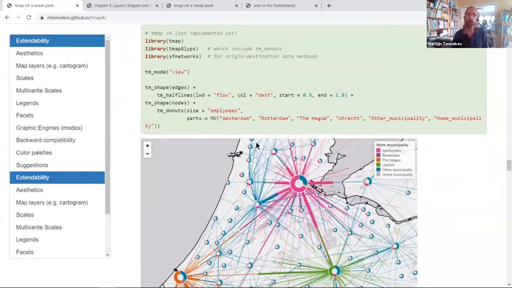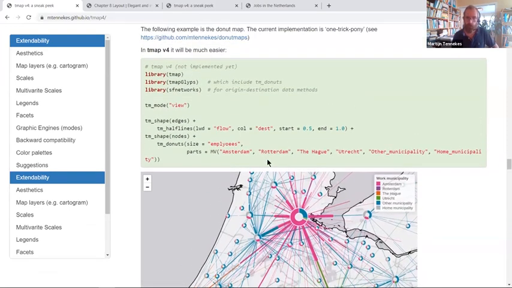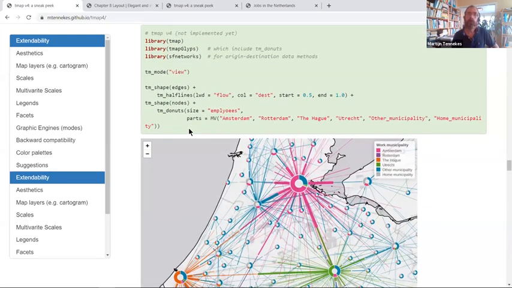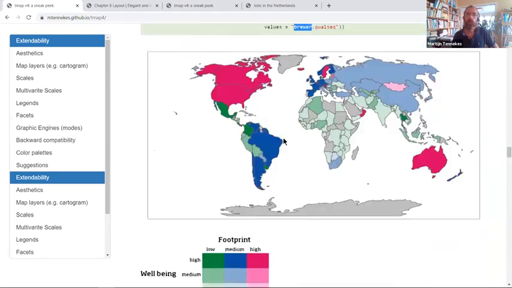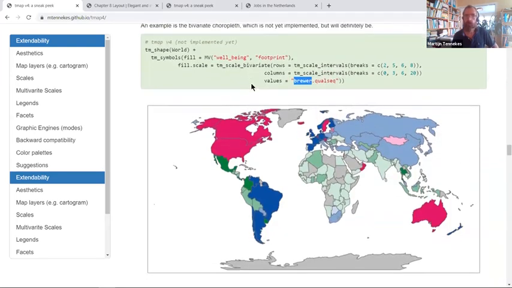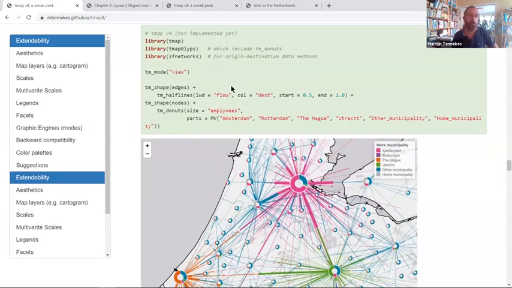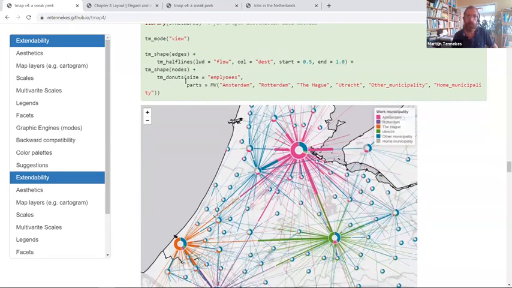For now, this TM donut, the donut map that I showed, is not implemented yet, but it probably will be implemented like this. This one is also not implemented, and I'm not sure exactly how to create this map. And also I don't know what kind of extension libraries we're going to make for that. But I think using SF would be great. And like this, for instance, TM shape edges, or maybe TM shape network, and then TM half lines,